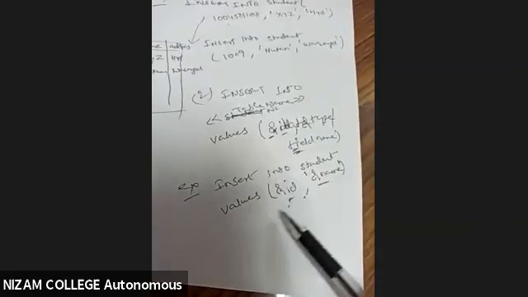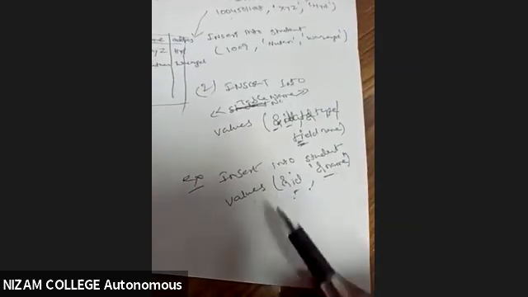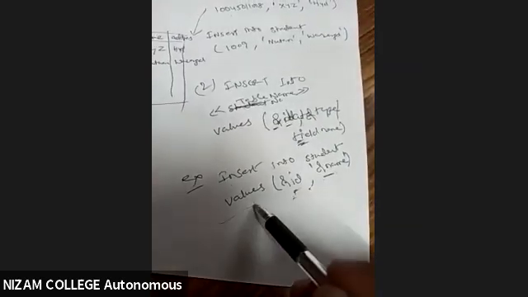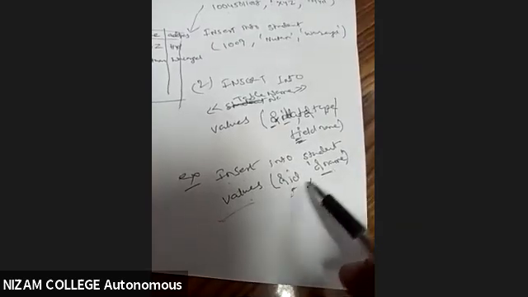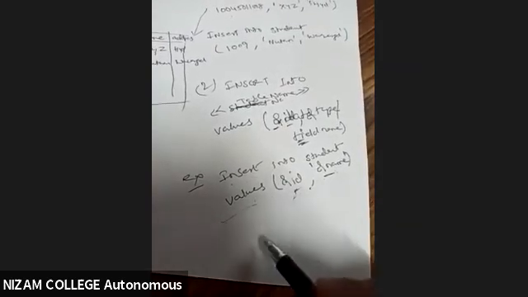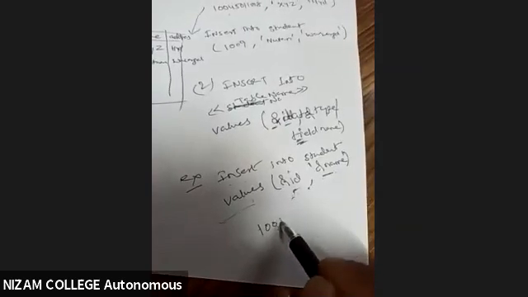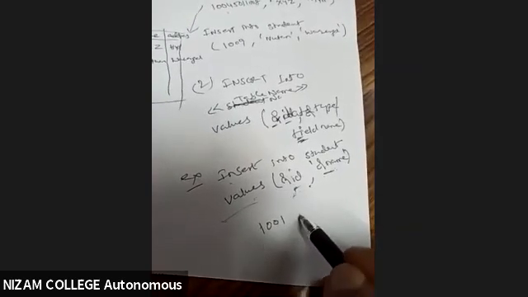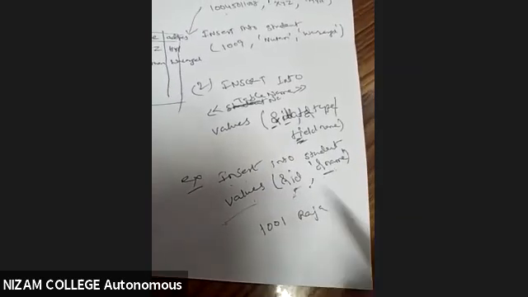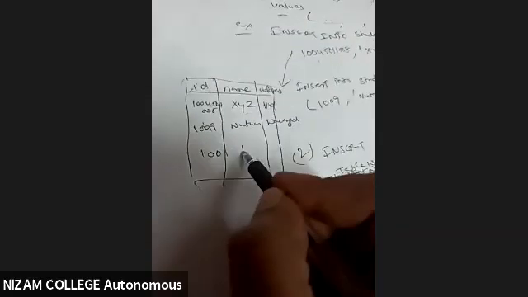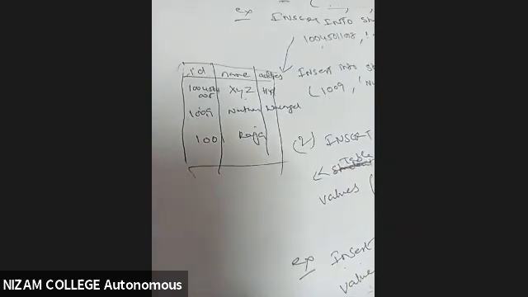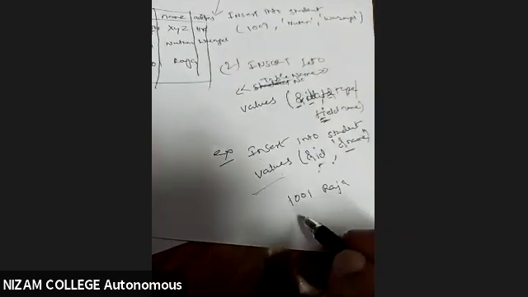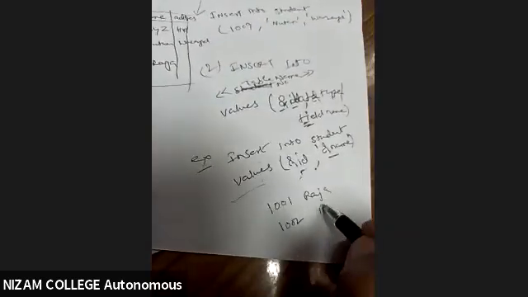But what is the advantage of the first syntax? Here I'm writing the field name, so that next time it will not ask me to enter the syntax. Simply it will be asking me to enter the values directly. So now I'll be writing 1001, and name I'll be saying Raja. That's it. My record will be added, 1001, Raja. Now again I will not execute this. It will be ready for me to accept some value. So I'll be writing another value, 1002 Ravi.